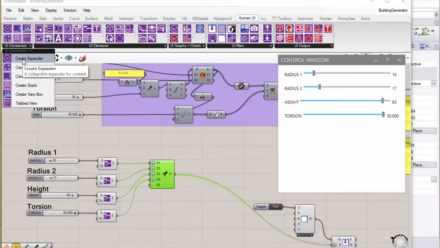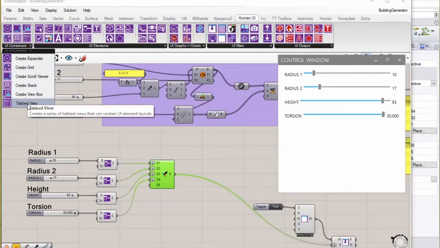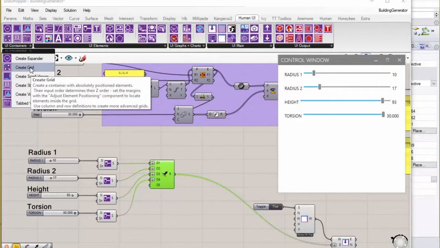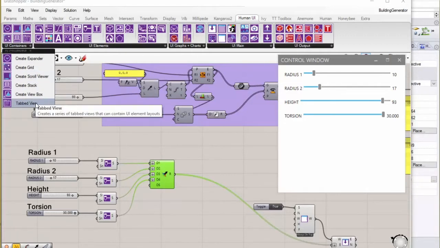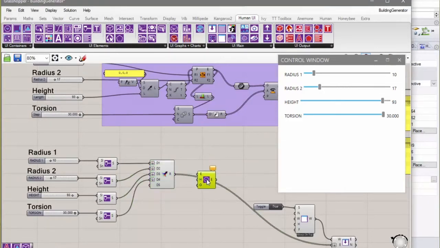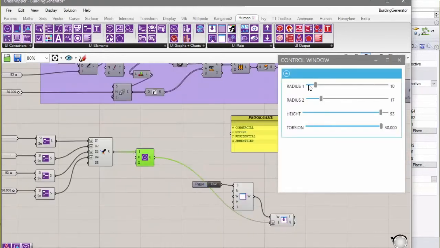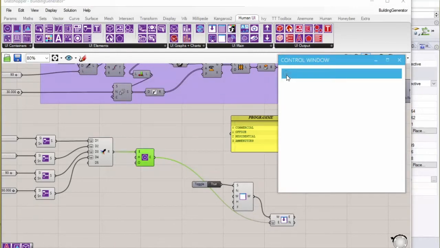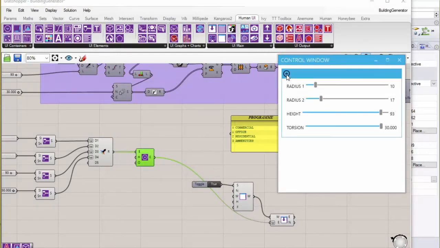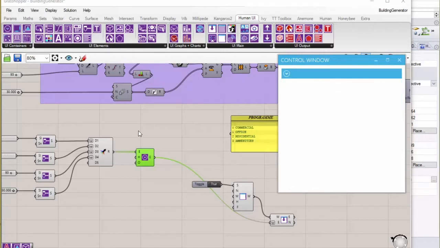there's create expander. So there's different ways that we can take several elements and group them in different graphical elements. So you can create a tab view where you click on different tabs to reveal different sets of elements. Create a grid, create a scroll viewer, and so on and so forth. We're going to create an expander. What this does is it takes several elements and it puts them into a little expandable window. And all you have to do here